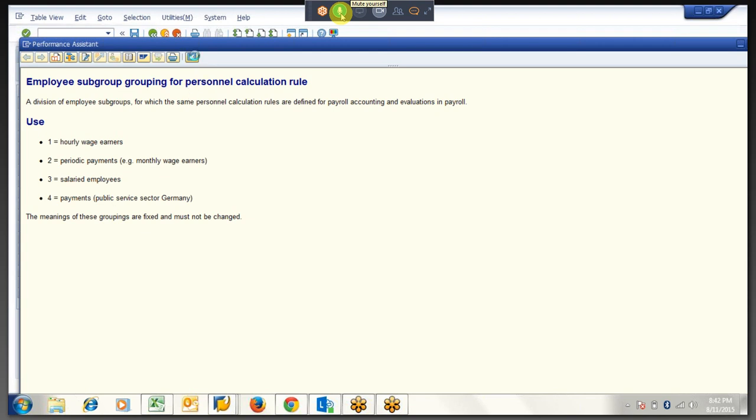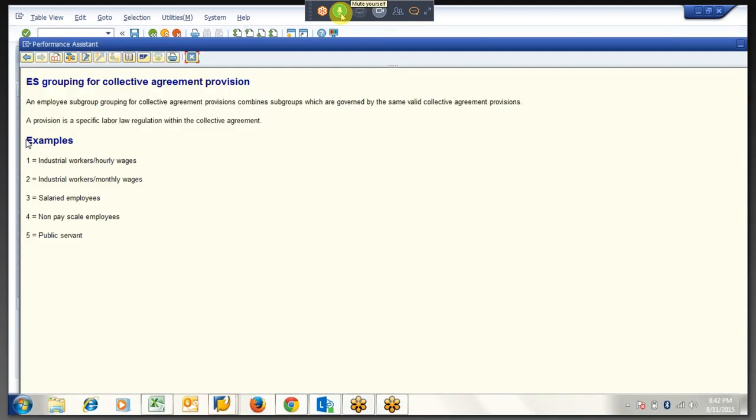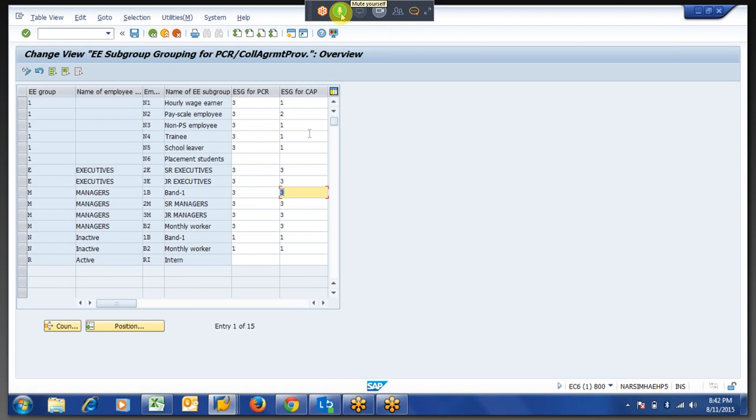If you go to CAP grouping, it is one of the pay scale elements. Here they are giving examples, so you can change this. These are the examples SAP had given. Whatever you want, you can do, because it's straightforward configuration. Based on the CAP grouping, you will do all the configuration for the pay scale element. If you remember, in the configuration we have 5 elements in the pay scale structure. So this is one of the elements.